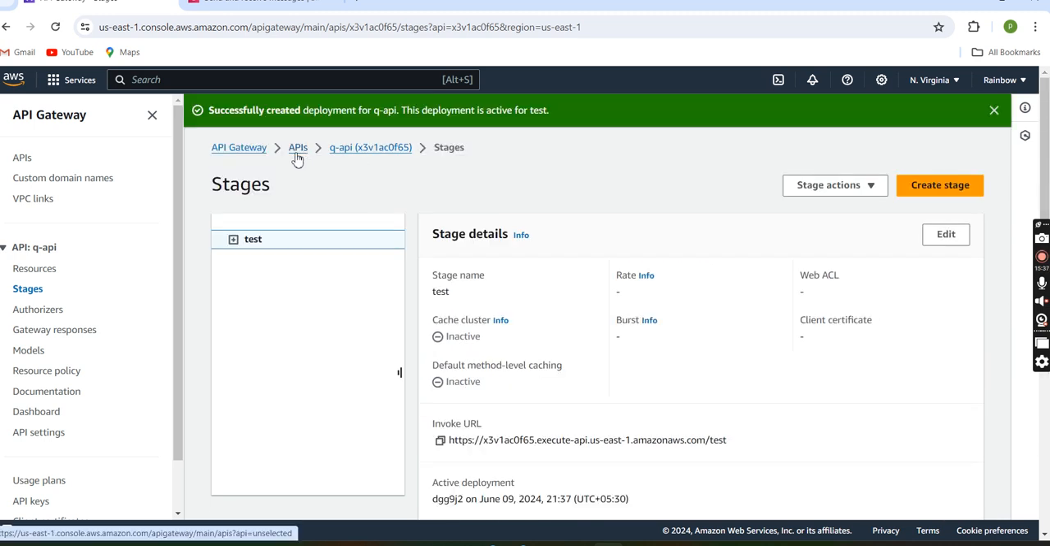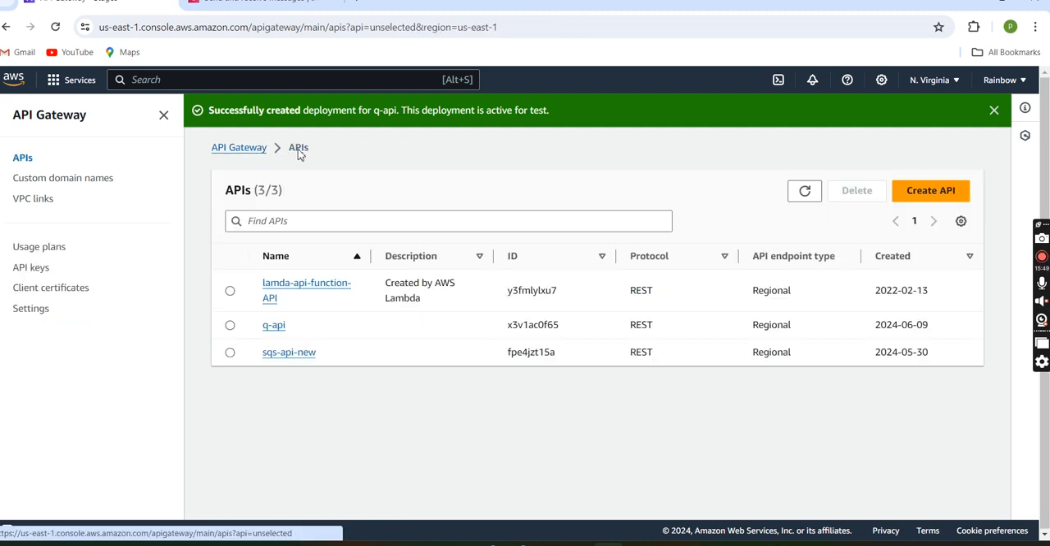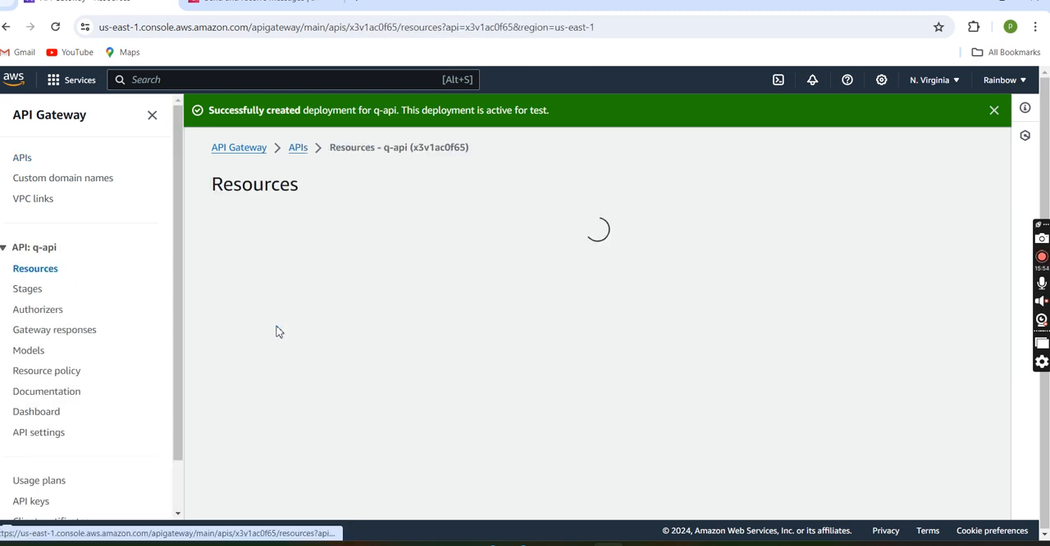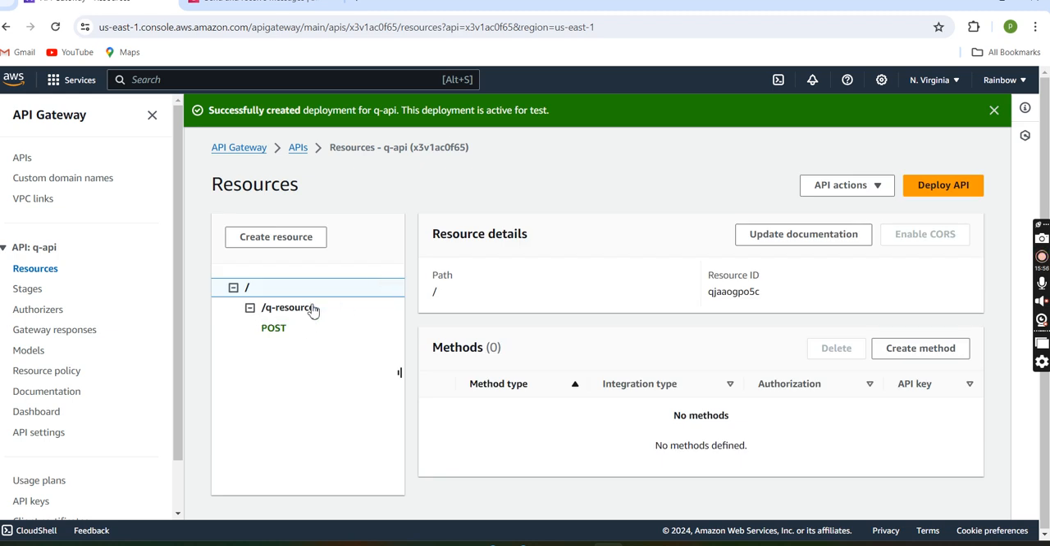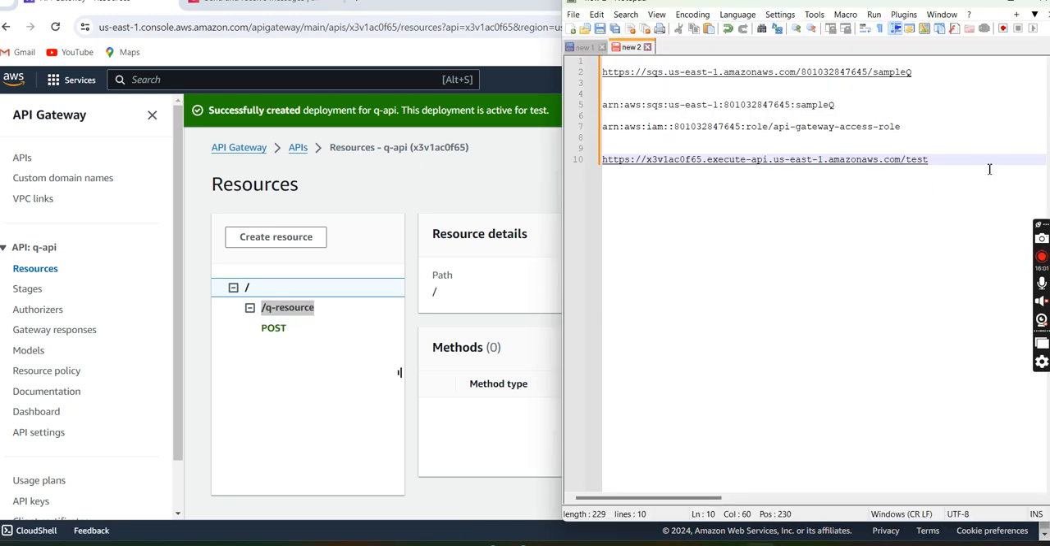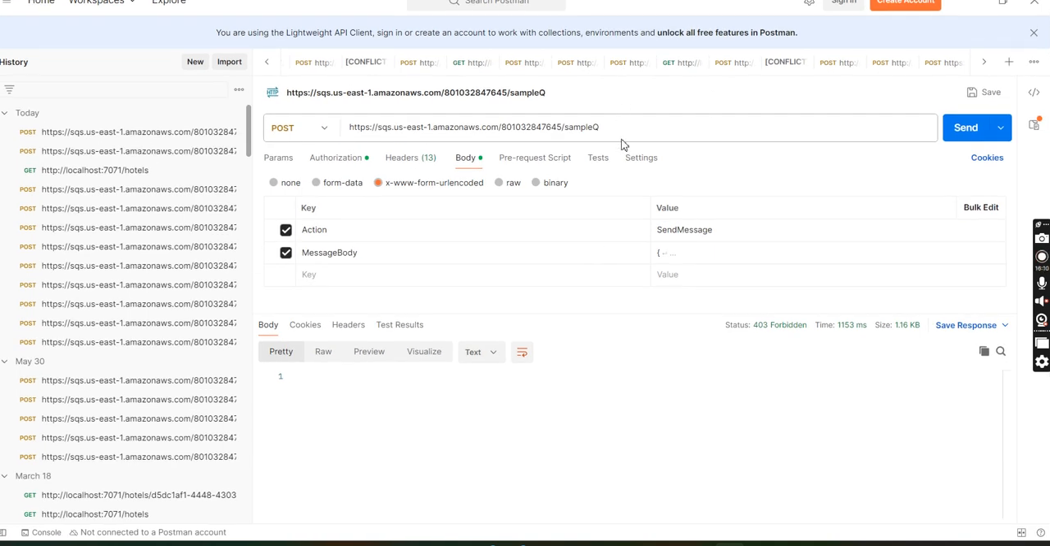Now we can test it from the Postman API as well. So for that we need this API gateway URL as well as we have to provide the resource name as well with slash. We just need to append it with our queue URL. So this will be our URL to send messages to SQS. So we'll just go to Postman